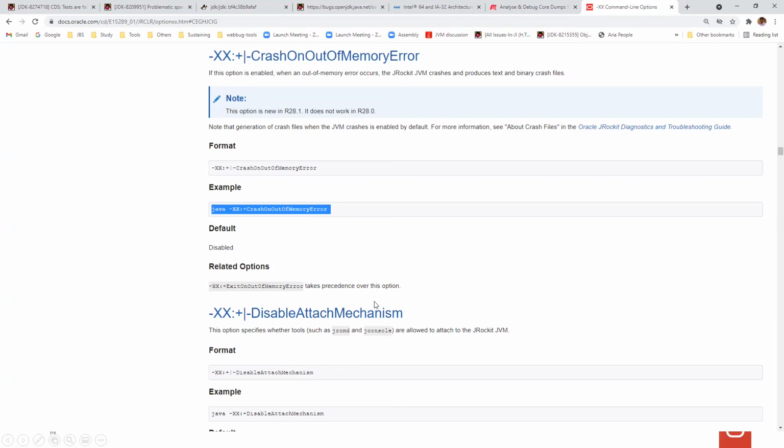Exactly. Memory leaks generally depend. If the memory leak is happening to such an extent that it is filling up the memory and an out of memory error is thrown, then definitely you can enable this particular flag and take a core dump. But in normal cases, memory leaks will not lead to out of memory errors. For example, a very small chunk of memory is getting leaked, and nowadays systems come with very huge memory, so you may not realize it. The memory leak is happening, but it is very, very slow. In that case, you take heap dumps, memory dumps, at certain intervals, and then start analyzing that.